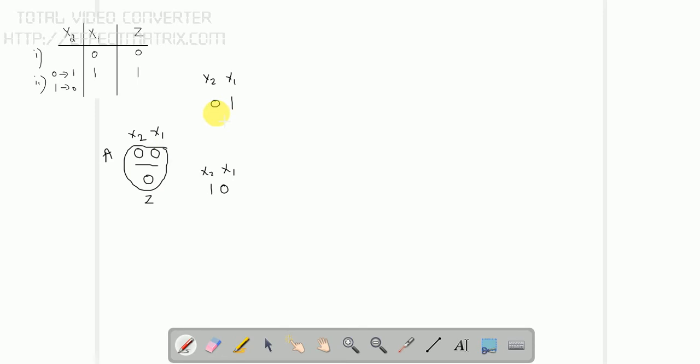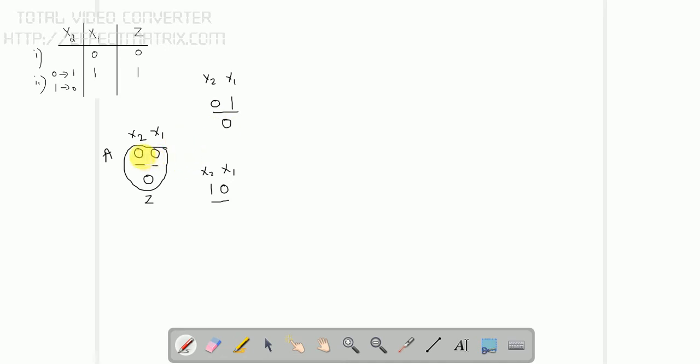Okay, with respect to the output, I am going to write the output for these two states. My x2 value is 0, x2 value is also 0 here, and I have a change in x1 from 0 to 1. But my condition is that when x1 is equal to 0, automatically my output is equal to 0. When x1 is equal to 1, my z is equal to 1. So there is no change in x2 as well as no proper change in x1. So I am taking output as 0.